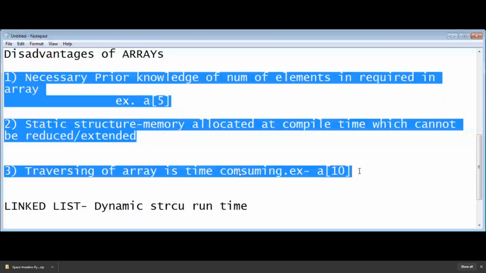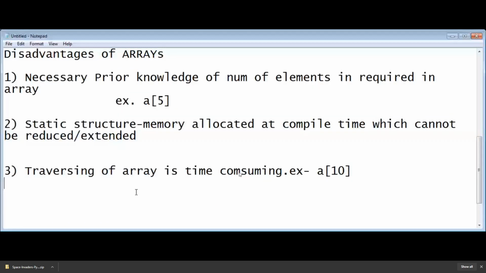Yes, this is correct. Whenever we are working with a C program, these three things matter most. Take a snapshot, or if you are writing it with pen and paper, write it down, because the question will be the difference between array and linked list.